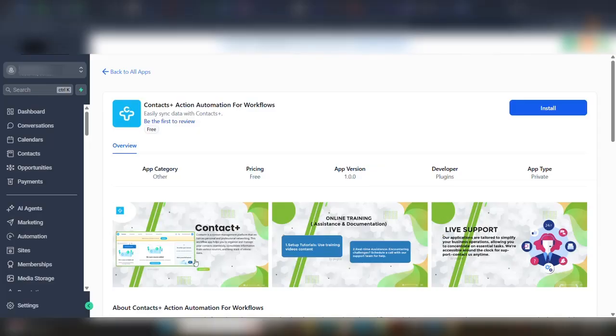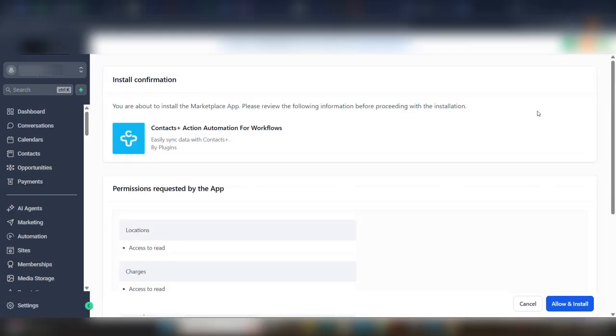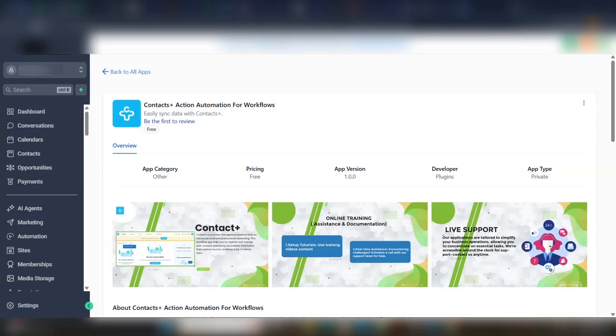Let's get started. Once in your account, scroll down on your sidebar and click on App Marketplace. And in App Marketplace, use the search bar to search for the application you'd like to install. When you find the application, click on it. And from here, on this interface, click Install and allow an install. When that's done, refresh your page